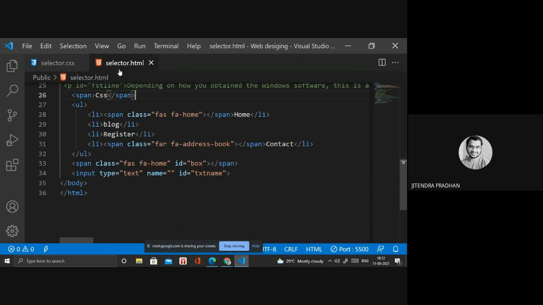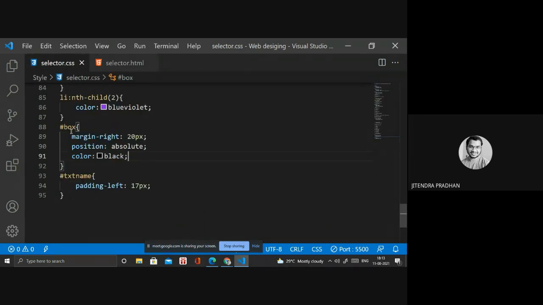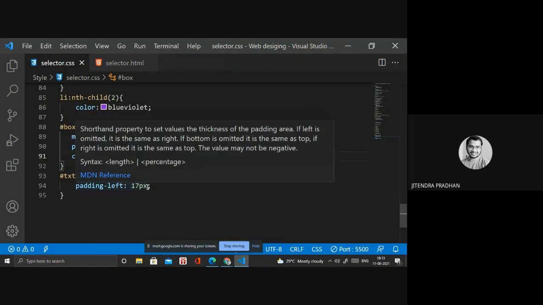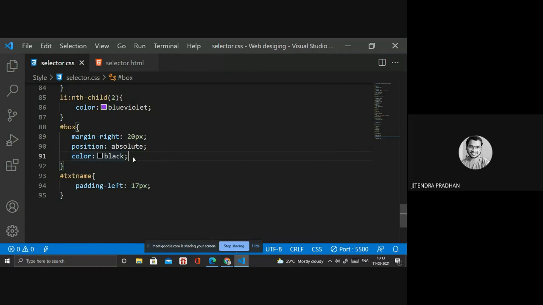And for the box, the icon id inside that particular span, we are giving an id box. In the box we are applying properties like margin right 20 pixel, and position will be absolute.